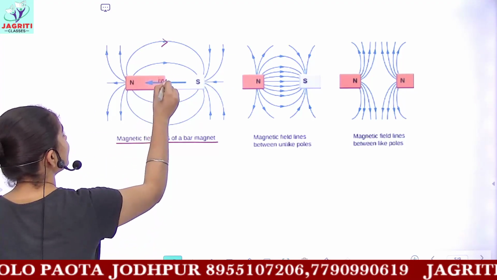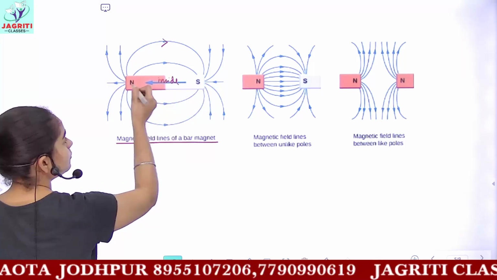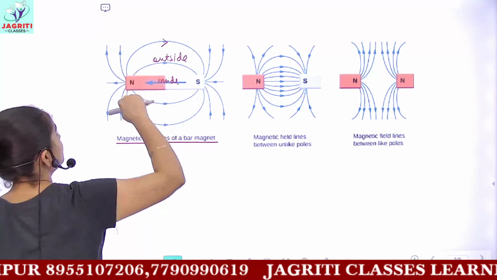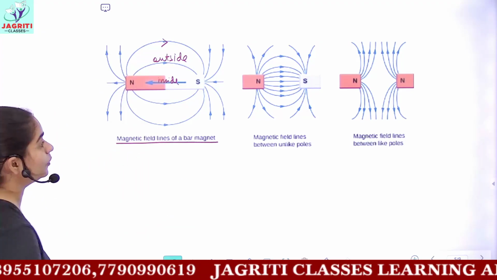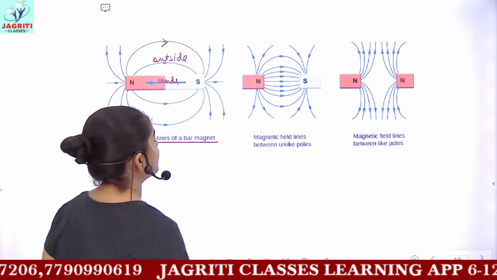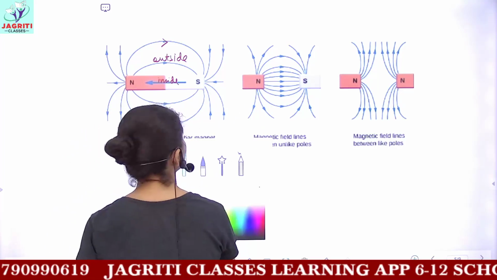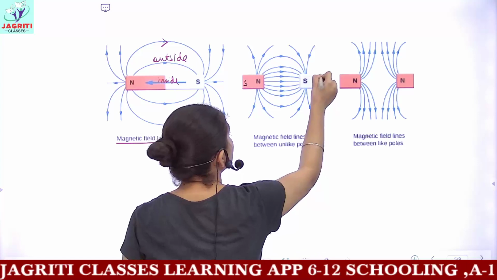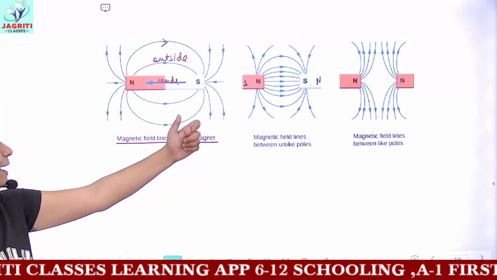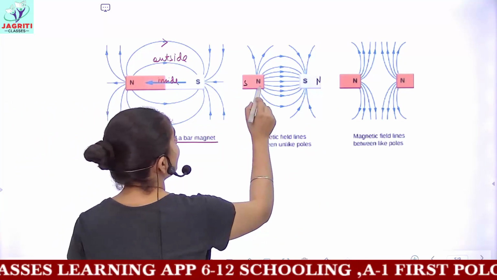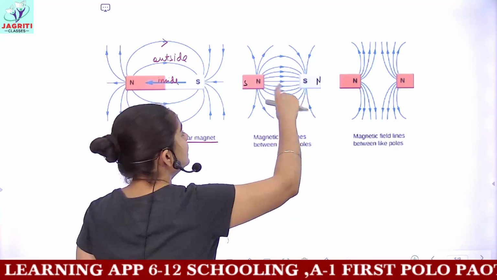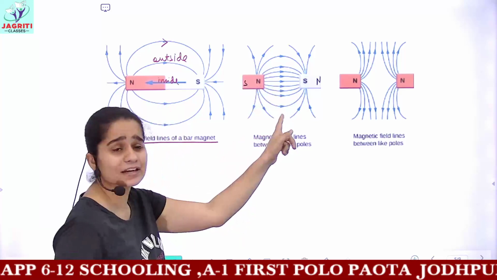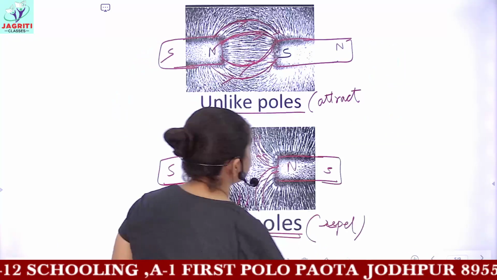Remember, this is the direction inside the bar magnet, from south to north, and outside the bar magnet you have the direction from north to south pole. Now you are taking two bar magnets. The first one is having a north pole and the south would be behind. Here if you have one south pole, then the north would be present at the back. So the magnetic field lines move away from the north and towards the south. So this would be the direction. This is the same as we observed in this figure. Okay.